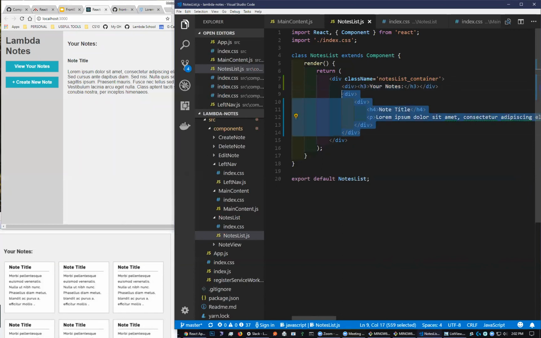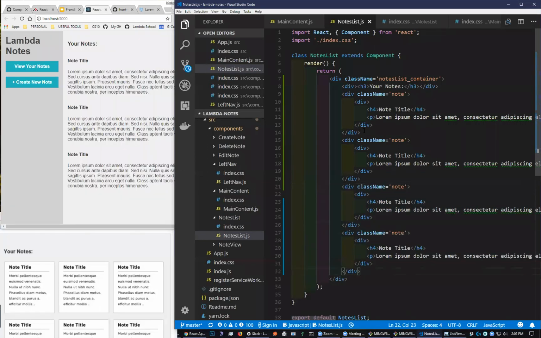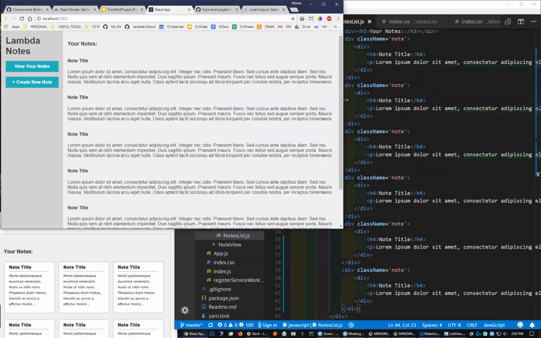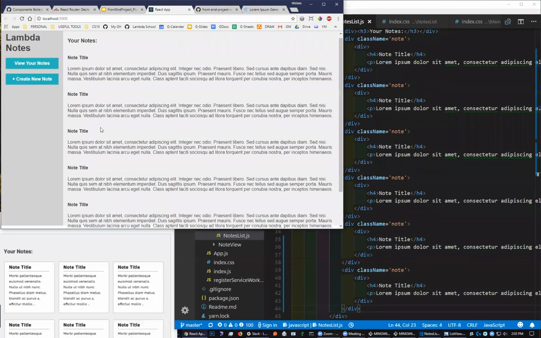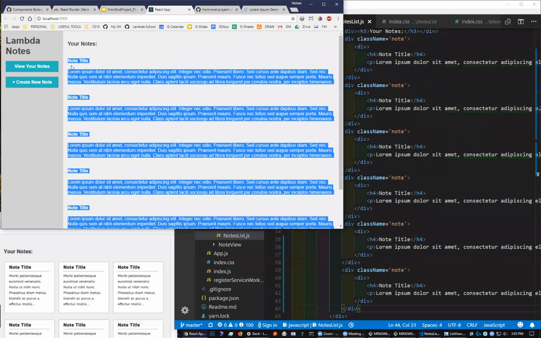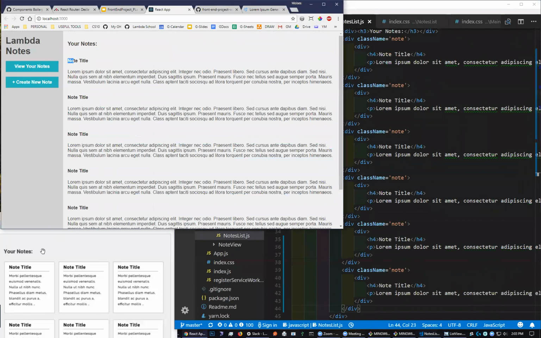This is what I copied. So, note for now. We have 1, 2, 3, 4, 5, 6 notes. So I've got 6 notes. They're not displaying the way I want them, right? And they're going overboard and all that stuff. So let's see how we handle this situation where we have your notes and then we have the notes underneath, right? So we need to style each individual note to have a div that has more or less,